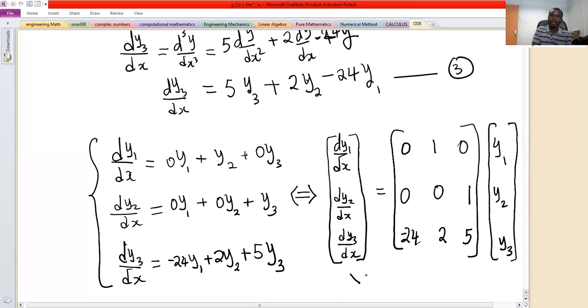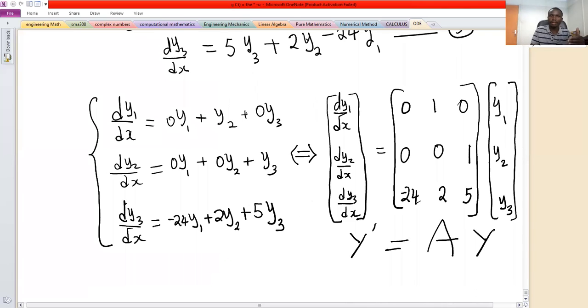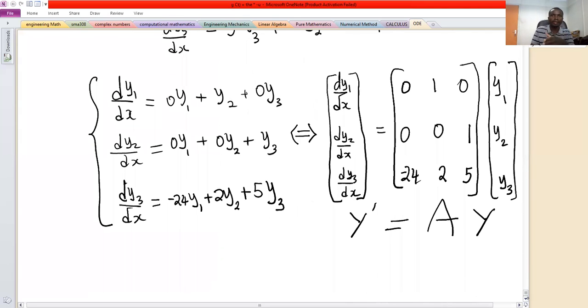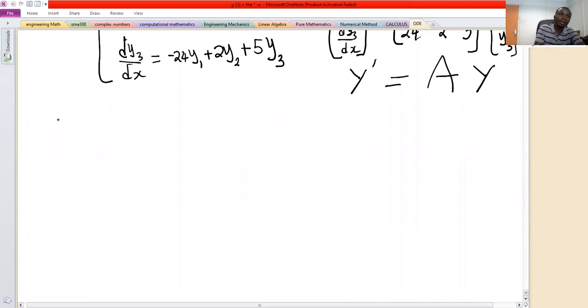So this is y prime equals A times y, where y is this vector, A is this matrix, and this is the vector of the derivatives. Therefore, once we have successfully written the system of 3 linear differential equations, and we have the equation y prime equals A y, we then get